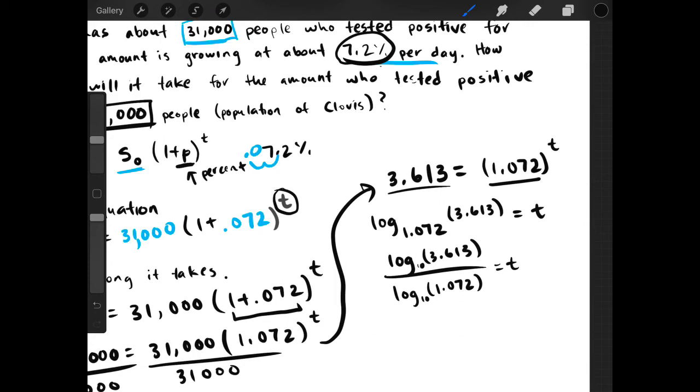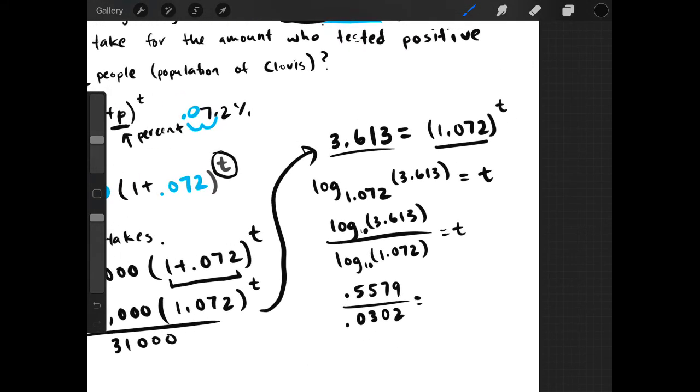So I'm just going to round that to 0.5579 divided by, do the same thing, 1.072, hit that log base 10, and we get 0.03, I'm going to say 2,